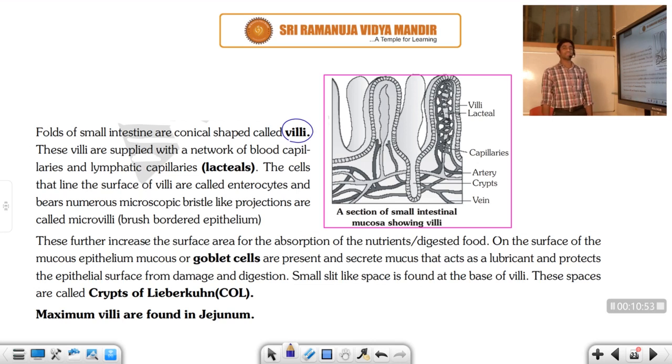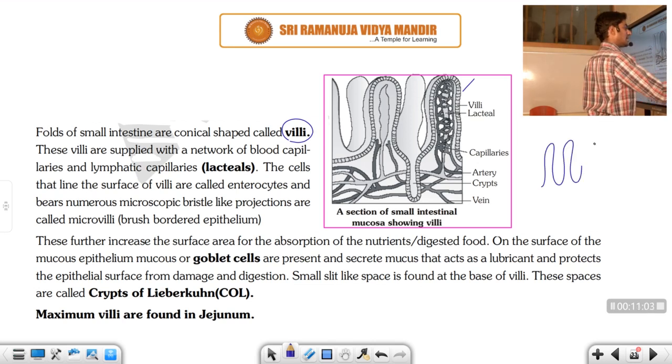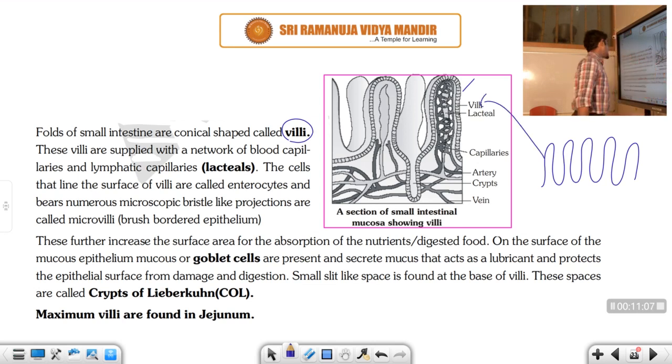In the small intestine, the plasma membrane is different. It is modified into a finger-like extension. You can see the diagram part here. Suppose you can see this finger-like extension is developed now. So this is what we call villi, right student? Villi. So what can the villi do? Villi are supplied with a network of blood capillaries and lymphatic capillaries that we call lacteals, right? Lacteals. What are the lacteals here now? You can see, student. So this is about the villi.